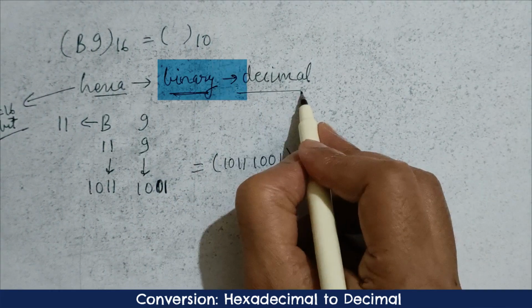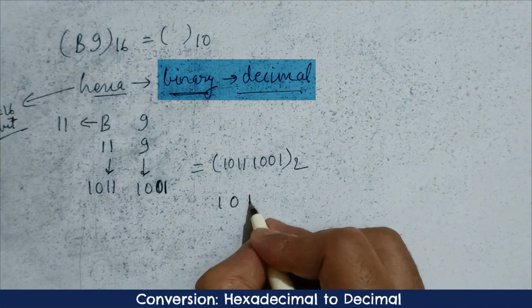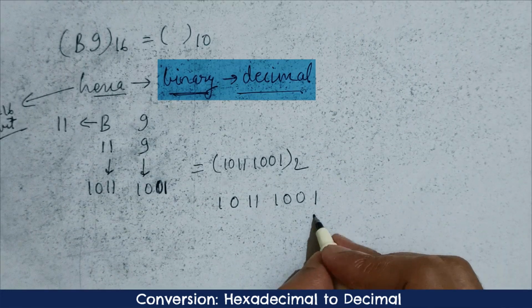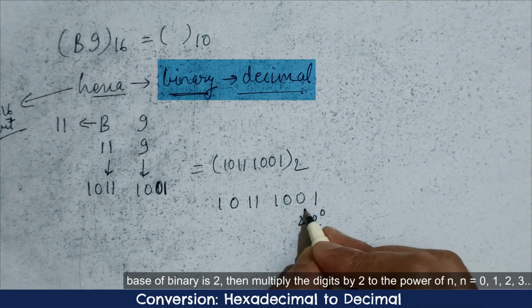Move to the second part, write down the binary number as it is. So here, I will change this binary number into decimal. Kindly multiply 1 by 2 to the power of 0, multiply 0 by 2 to the power of 1, multiply